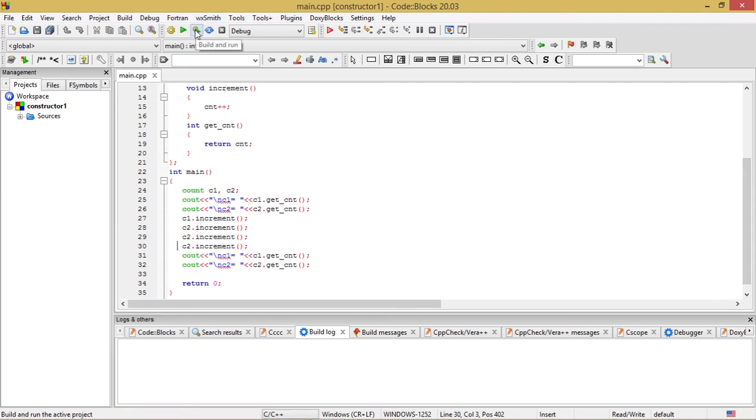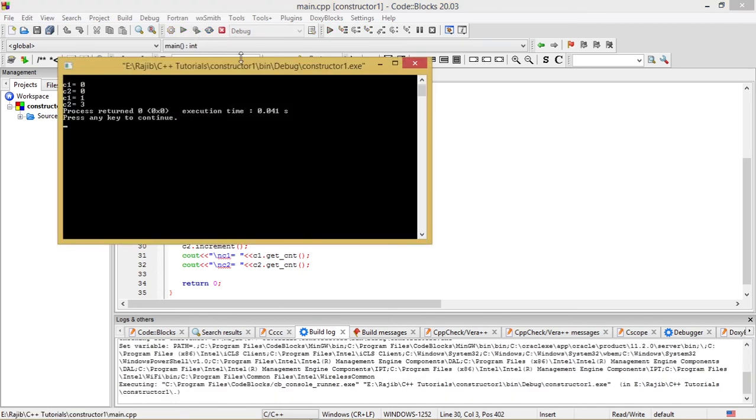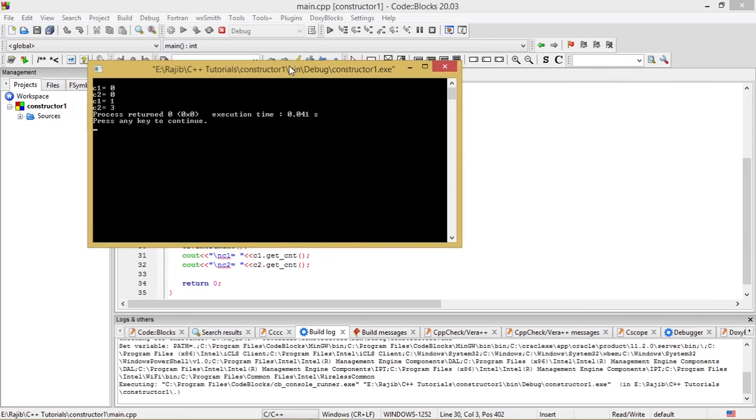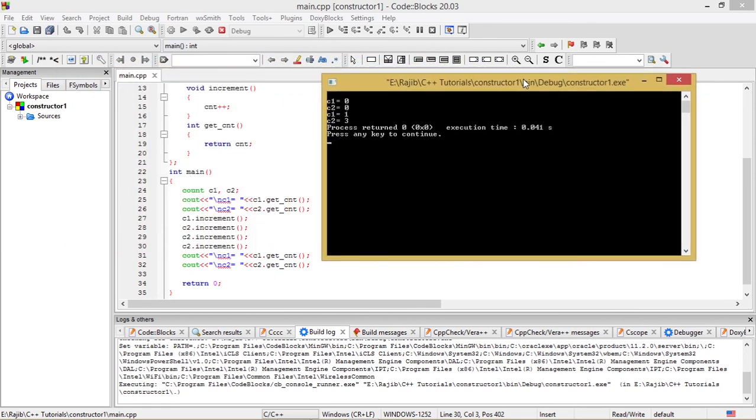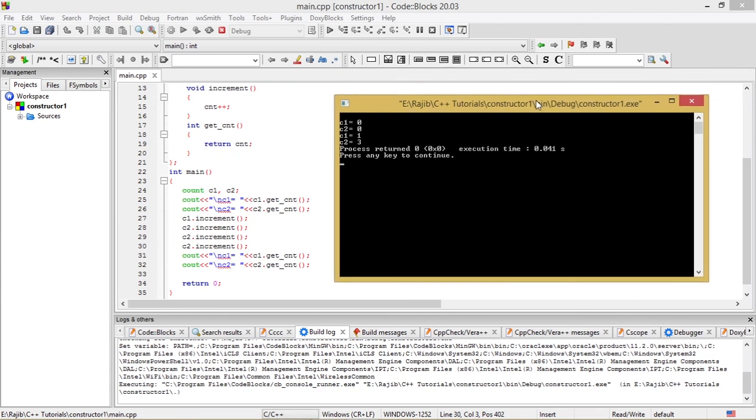So let's go to build and run, click it, and we see the output window being opened in front of us. So let me drag it aside in order to show you clearly what is being expected and what is being observed. And see this, C1 is equal to 0, C2 is equal to 0 as we have expected.